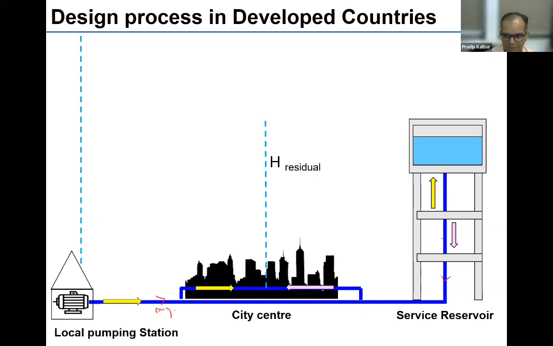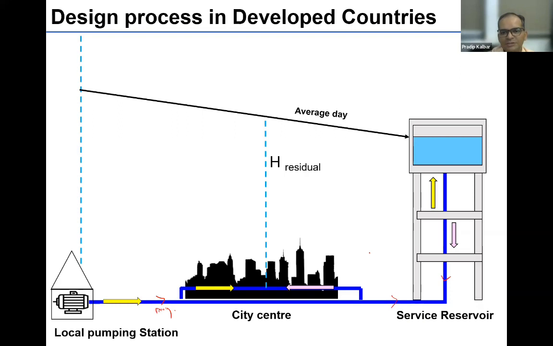This is a floating reservoir. That means it has a single pipe. Inlet and outlet are the same. So during peak time, water will come down, and during night time, when there is low flow, water will basically fill up in this. We have not tried this model in India. There was some example in Yavatmal in Maharashtra, but documentation is missing. It was very old, in the 1980s.